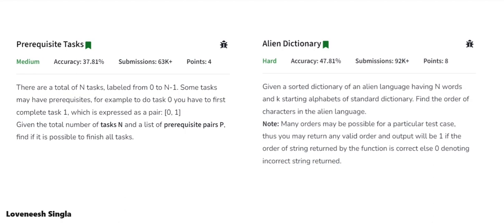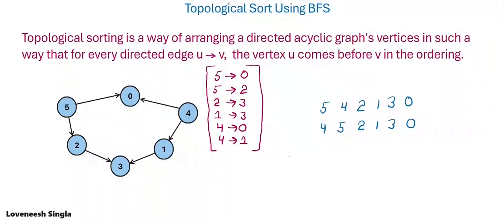So can you tell me which concept we can use here to solve these kinds of problems? Exactly, you are correct here. We can use topological sort. So today we will look at topological sort using BFS traversal. First, let's understand what topological sort is.